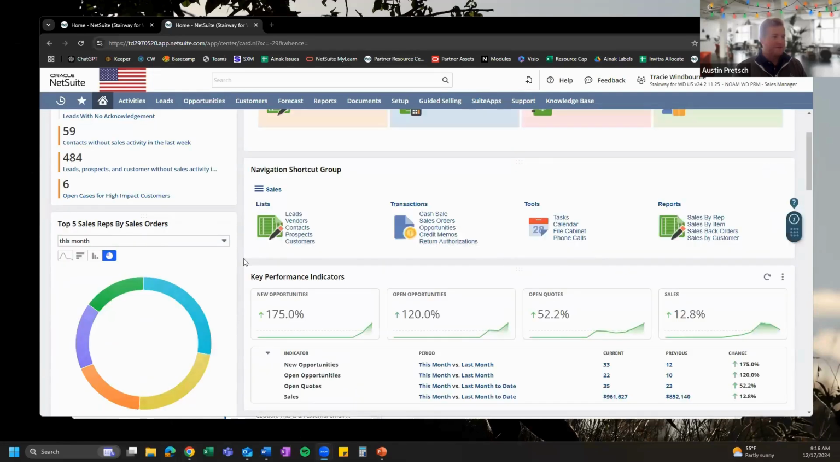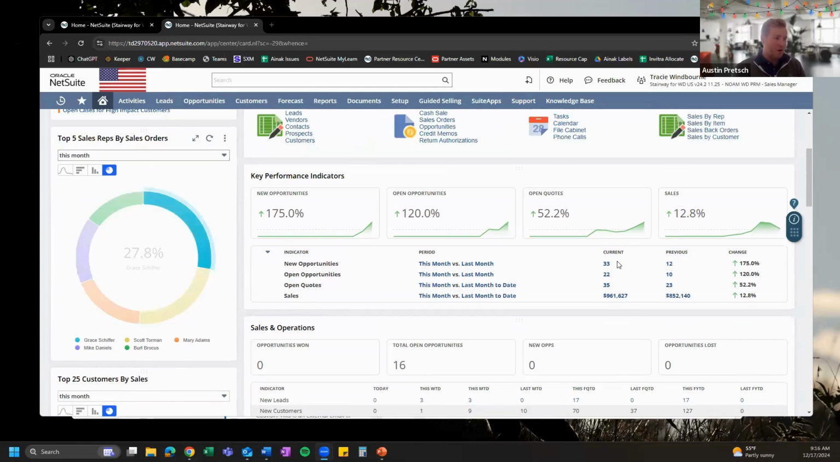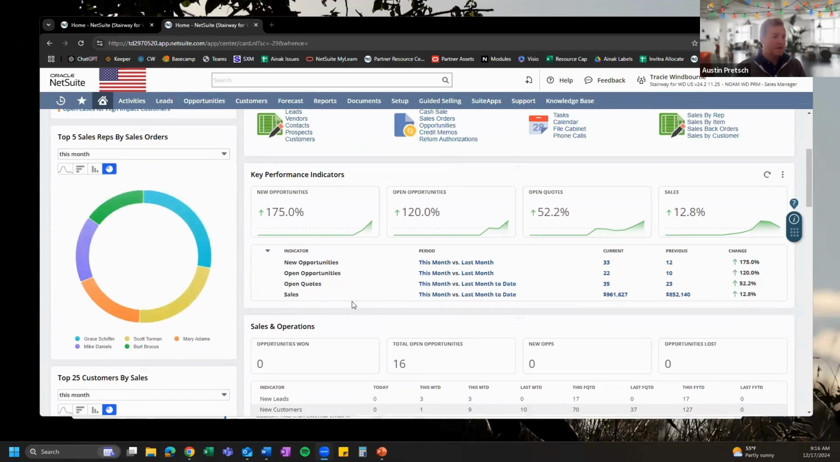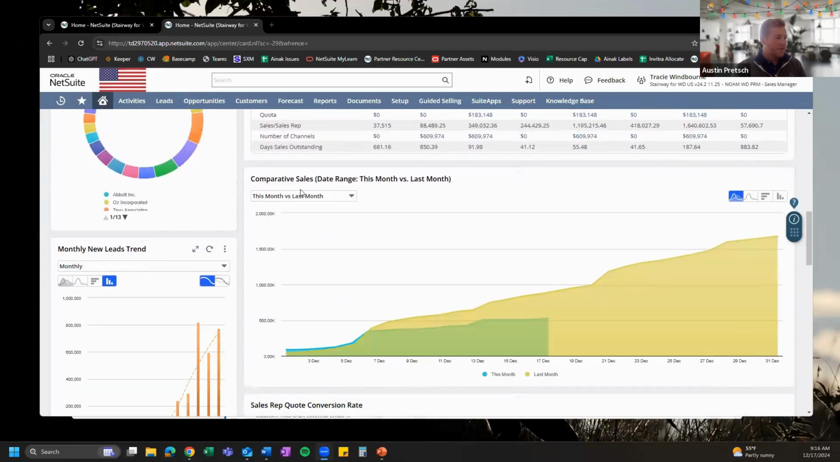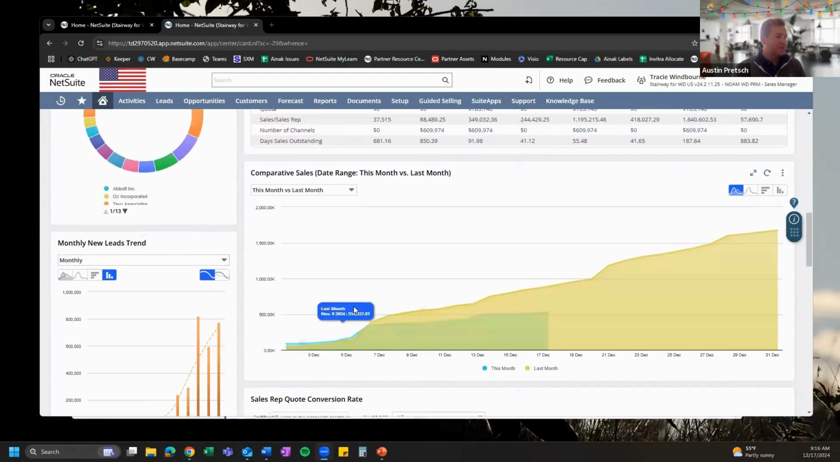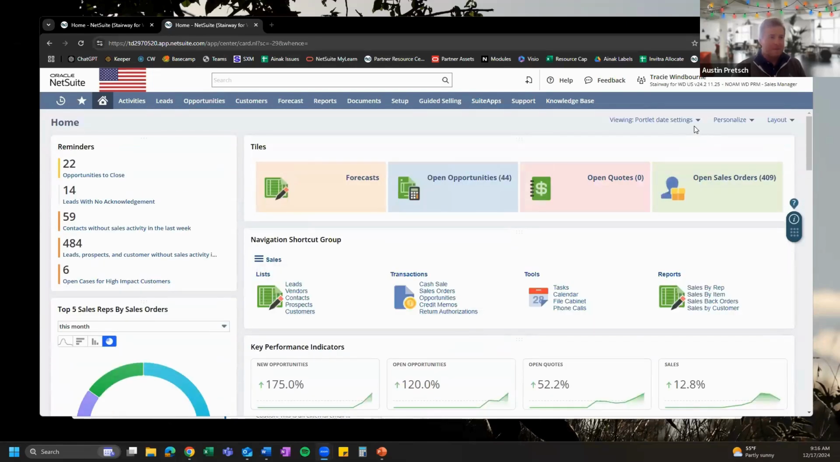And so by default, I have this set to generally this month versus last month. And that's true across all of my portlets at once, right? On a monthly basis, this month versus last month, monthly. But if I want to change all of these at the exact same time to compare,